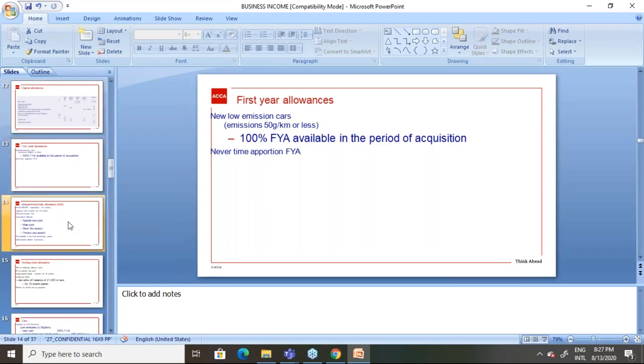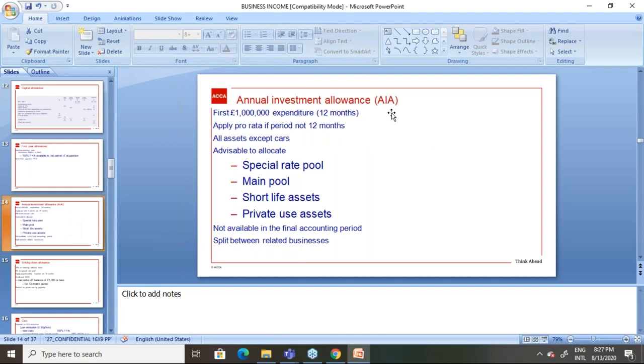So I explained what first year allowance is. I explained what annual investment allowance is. And when you are claiming annual investment allowance, it's always advisable for you to claim annual investment allowance on plant and machinery normally included in the special rate pool before plant and machinery included in the main pool. The reason is, when you're claiming annual investment allowance, if you have both special rate pool plant and machinery and main pool plant and machinery,